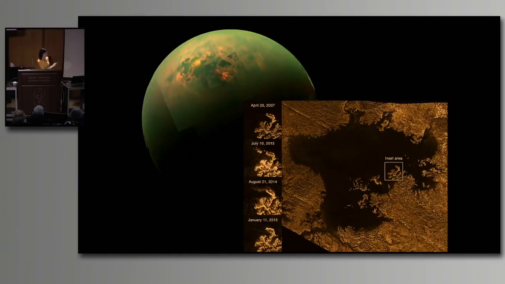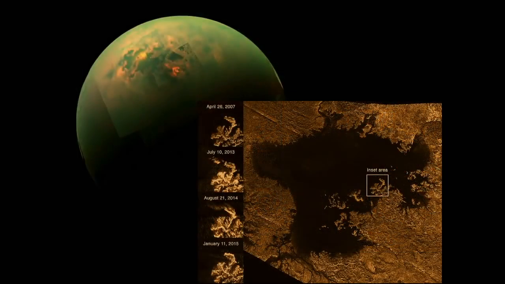Here you have the reflection in one of those lakes, and here you have one of those lakes where you see the coast. You can see the coast, how it changes as the liquid level rises and falls. It's actually the only place in the solar system, in addition to the Earth, where you can have lakes, and you can have archipelagos, and you can have islands.